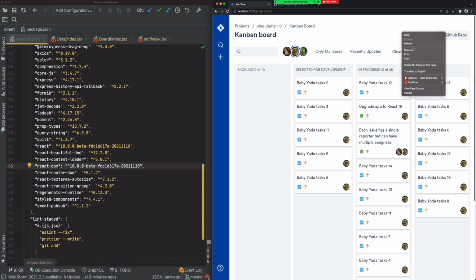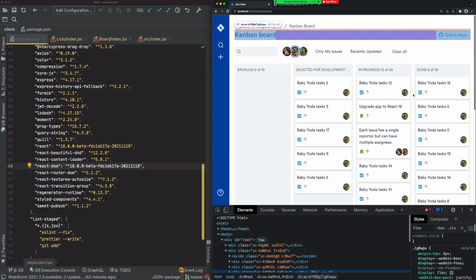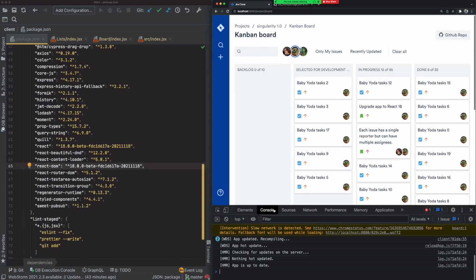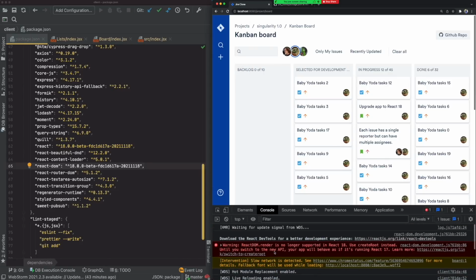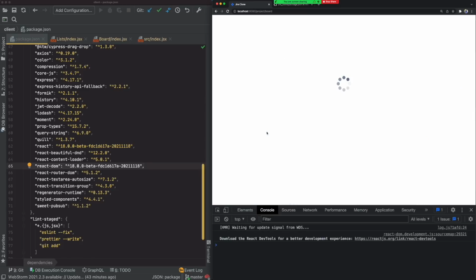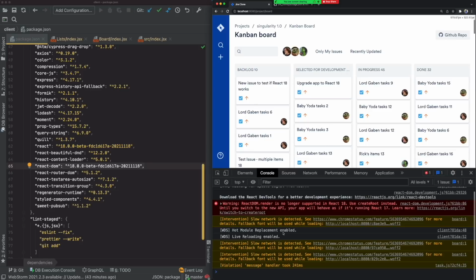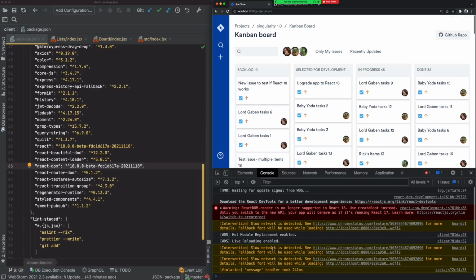So I'm going to open my console here, and I have not done any other changes besides just updating my npm packages. I'm going to delete this. I'm going to reload my app now, just to make sure that everything is running. As I can see, there are some warnings here, but the main warning here is ReactDOM.render is no longer supported in React 18. Use createRoot instead. And that's fine.